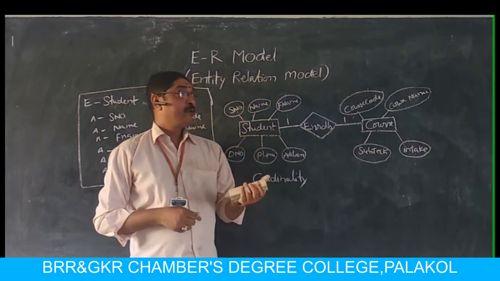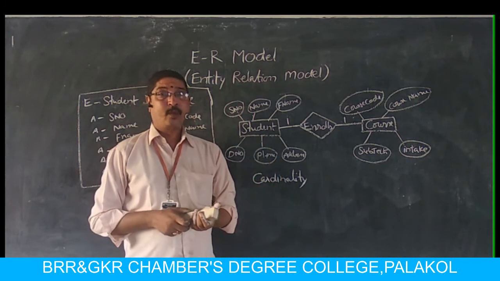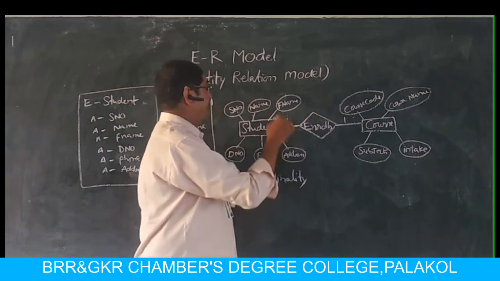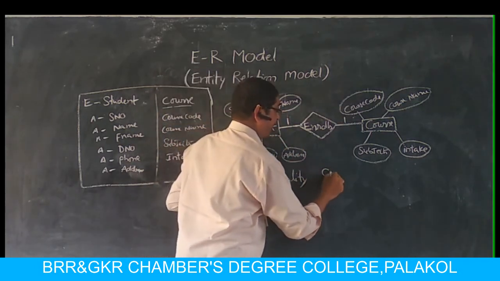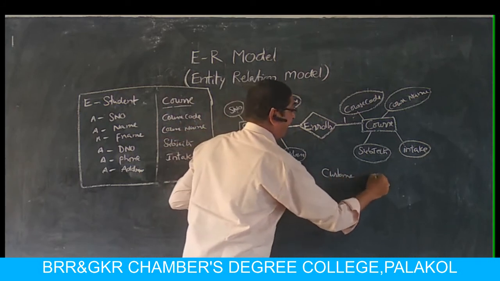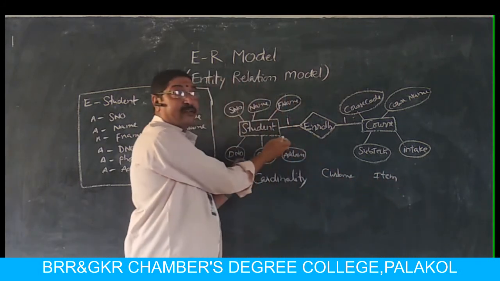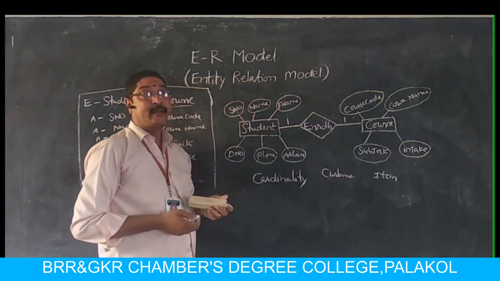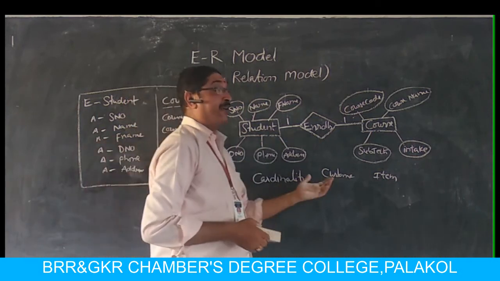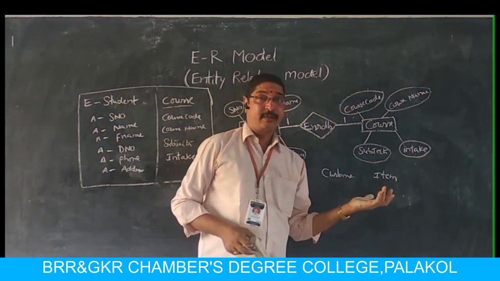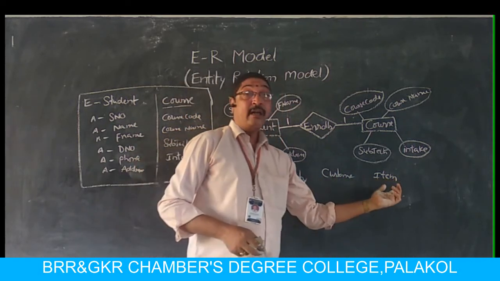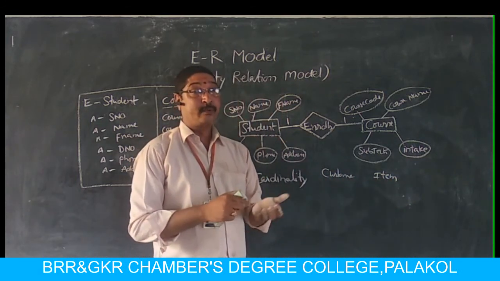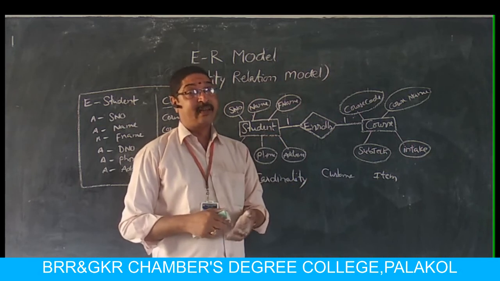For example, if you take a purchase system, one customer can purchase many items. If you take customer and items, here, this is an education system, college system, I discussed. Here I am discussing a supermarket or some other system. In this, customer is one entity because customer will have customer number, customer name, address, phone number, like that. And item also is another entity because item also will have item number, item name, item cost, date of manufacturing, like that.